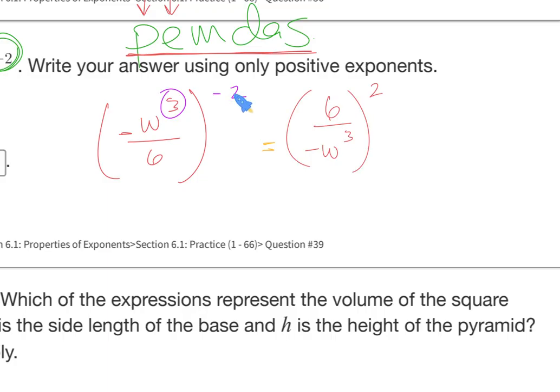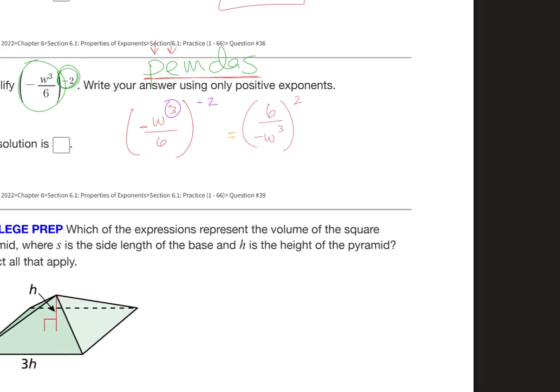That negative exponent, I can essentially flip the whole inner contents. Don't change anything, but change the exponent. I like to do that. And if you're like, how is that possible? Well, let us see. What we could do is distribute this exponent to that. And what we would get would be negative w to the 6th power over, and then it would also be that 6 to the,